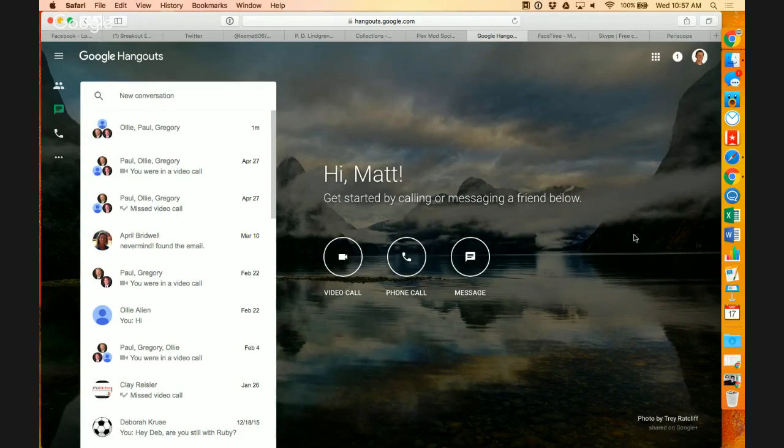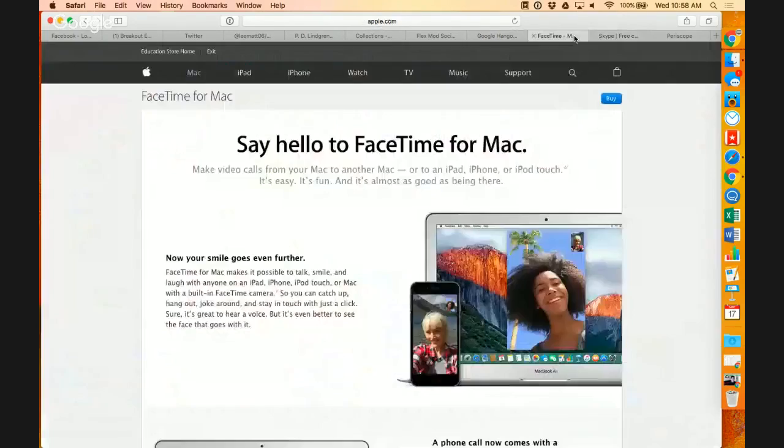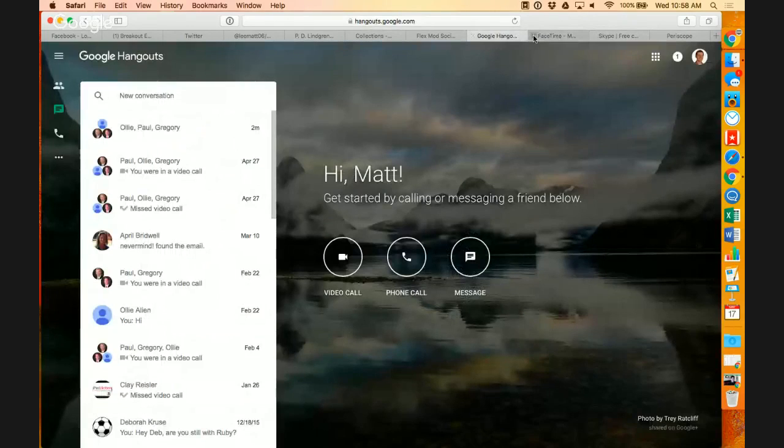So this as a service is free, not as sophisticated as some of the other systems, Cisco systems, or, I hate to mention specific ones, but there's a lot of systems that you can pay for that might be higher quality. But really the Google free is a really good way to get good enough quality and accomplish what you're trying to do. The next one I wanted to show was just FaceTime and Skype, which are two that I think people are fairly familiar with. But the difference with these, where Google Hangouts makes it really easy for either one-to-one or group collaboration,